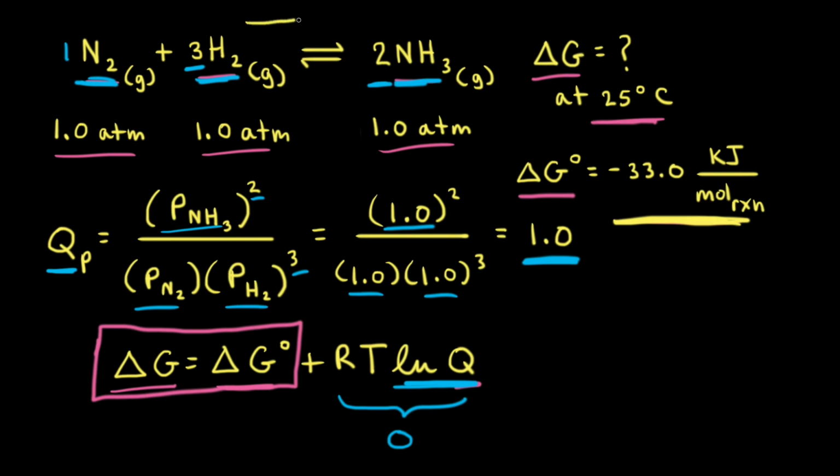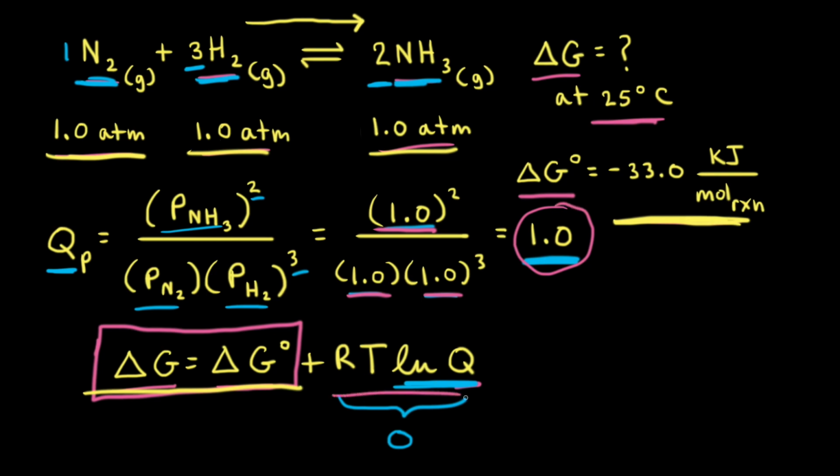So the reactants will react together to form more of the products. The reason why delta G is equal to delta G naught at this moment in time is because our reactants and products are all in their standard states. By convention for a gas, standard state refers to the pure gas at a pressure of 1 atmosphere. And since all of the partial pressures are equal to 1 atmosphere, that gave us Q is equal to 1,